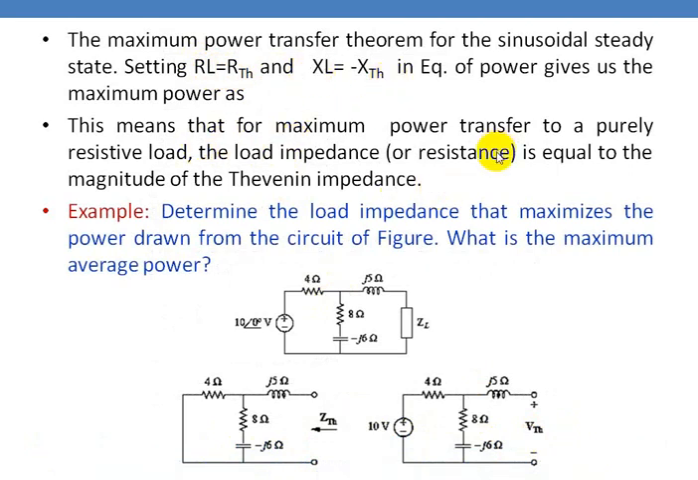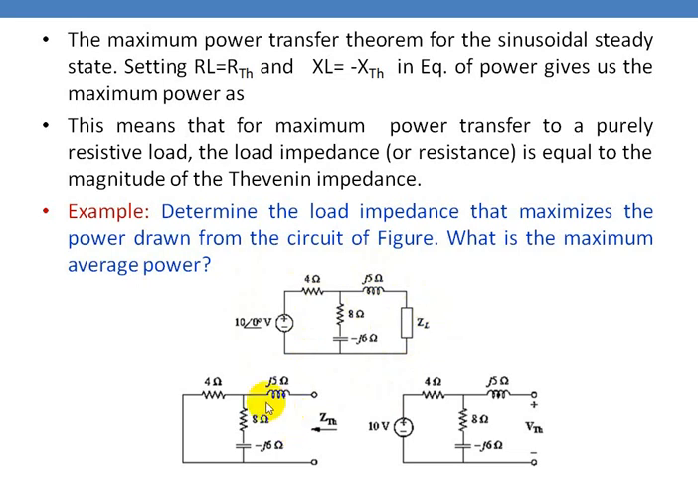This means that for maximum power transfer to a purely resistive load, the load resistance is equal to the magnitude of the Thevenin impedance. So determine the load impedance that maximizes the power drawn from the circuit in the figure. What is the maximum average power? So this is a circuit: voltage source, resistance, capacitive reactance, and inductive reactance. For this circuit to supply maximum power, we need to find the load impedance and the power. To find the load impedance for which maximum power will be transferred from this circuit to the load,